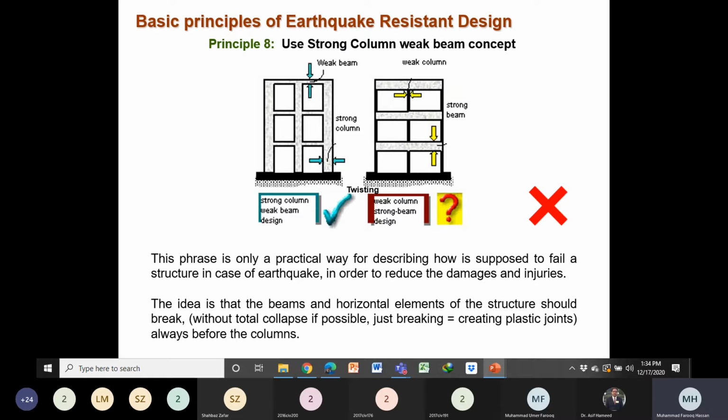If the beam fails, a particular story will be affected, but we have a localized failure. But if the column fails, it's quite possible your structure will be unstable because of the failure of the column. So columns are more important. Your columns should not fail before the beams. In case of beam failure, we have a localized failure, but in case of column failure, your structure will be unstable and it's quite possible it can collapse.